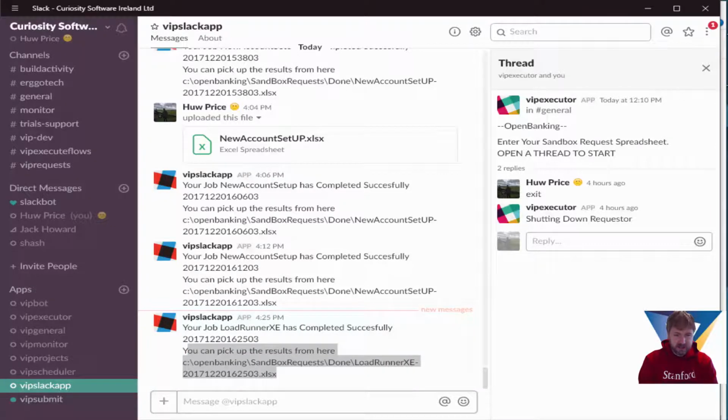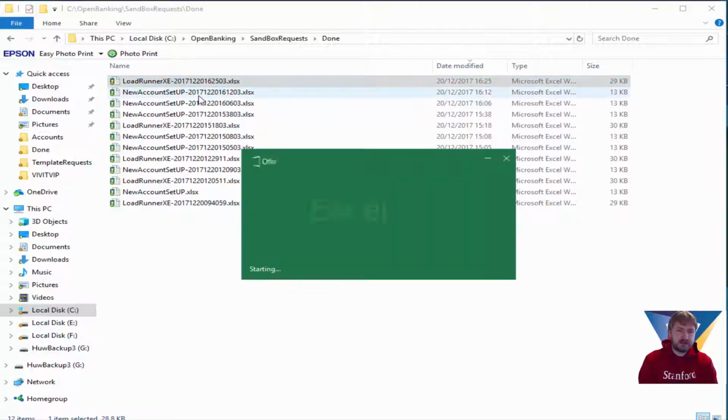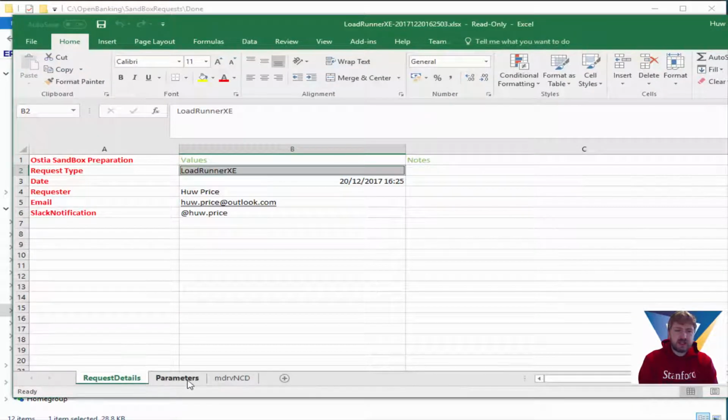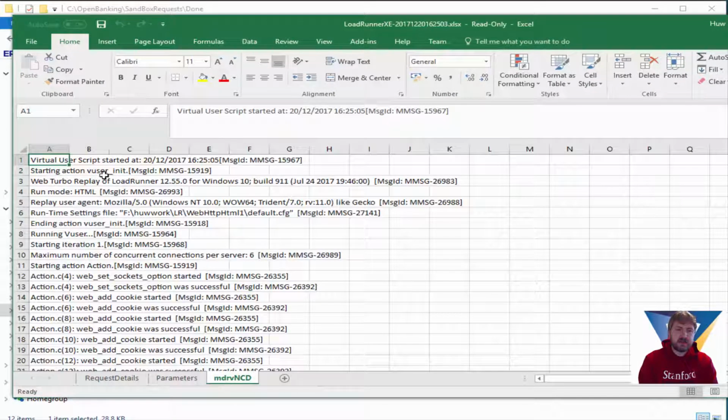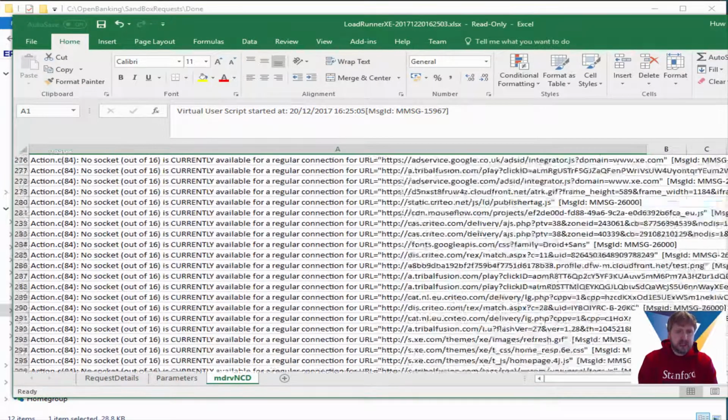And now if we navigate over to those results, which have been processed and run, we'll be able to see not only that they've executed successfully, but also the whole console of all the debugging information. So within that Excel spreadsheet, all the information that's been created via the run, the virtual user, is actually being logged in here.